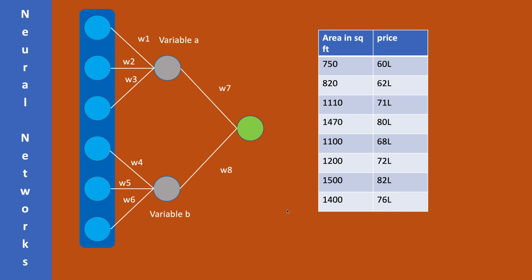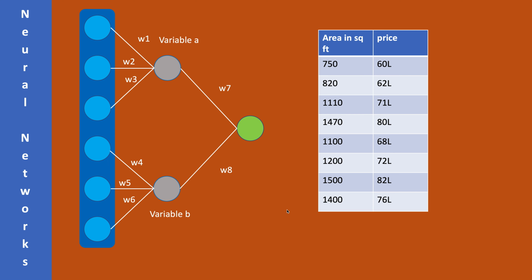Here there is a variable on the basis of which we will try to predict the house price. Now what a neuron will do is it will take all the data points of this variable, area in square feet, and try to find a line that fits the data points the best.